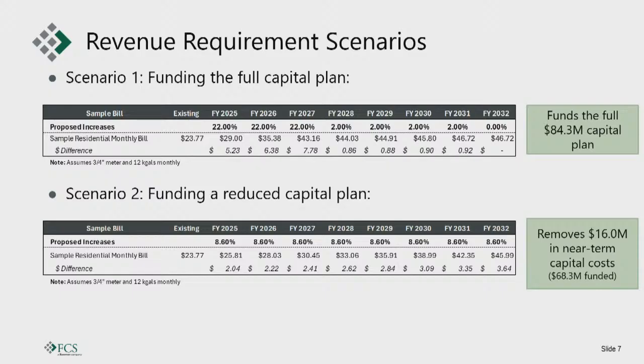Excuse me, Mr. Mayor. Go ahead. While you're there, and maybe you'll go over this, the 12,000 gallons a month, where are you getting that number from? So those come from specific stats at the city. We look at all of your detailed customer statistics to come up with this annual amount.